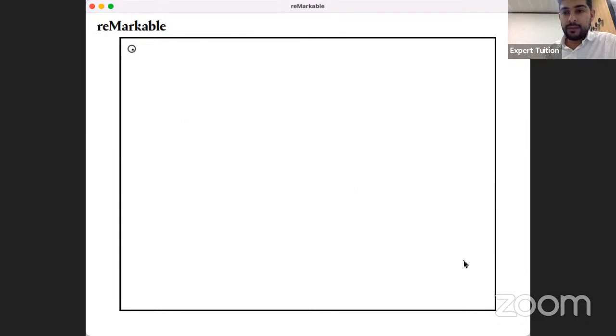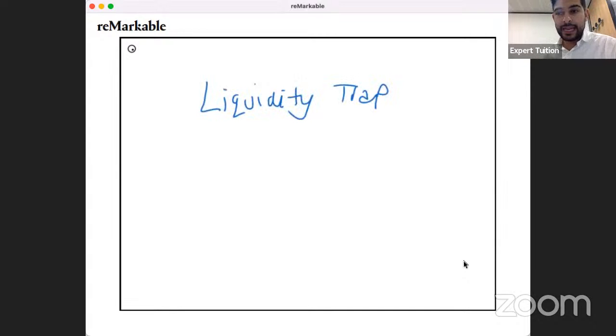There is a concept known as a liquidity trap. And you are going to use this on Monday. And this is how it works. A liquidity trap is a fancy way of saying monetary policy does not do anything, or that it is very, very ineffective. And the reason why this is a brilliant evaluation is